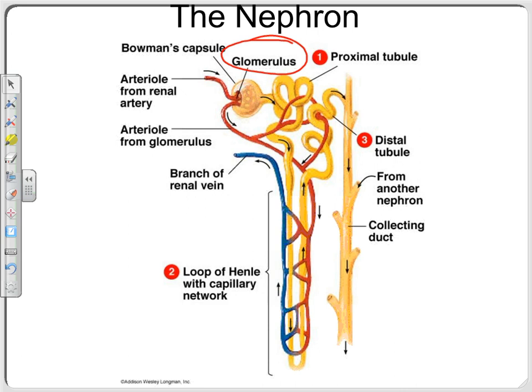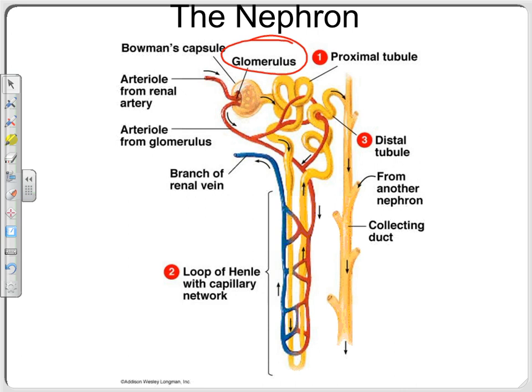I'm getting to what it does. I haven't told you what it does yet. So step one of urine formation was filtration. That happened here at this glomerulus. Waste got filtered out of the blood. Some water got filtered out of the blood. Some nutrients got filtered out of the blood. They go into this Bowman's capsule and eventually into this part of the tube, the proximal convoluted tubule and the loop of Henle. Down here, it's called the loop of Henle.